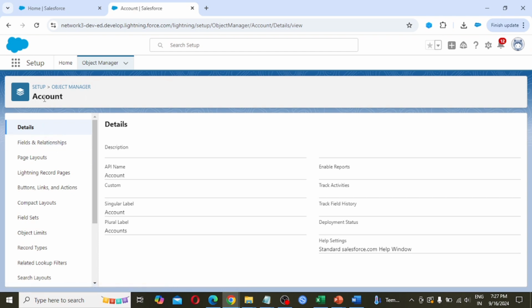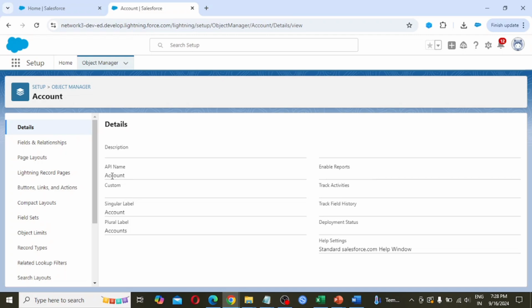So account is a standard object created by Salesforce and given to us. What all the details are we seeing here? At the left panel we are seeing the details of this object, account. Here in the details, in the middle section we are seeing the description. There is no description for account. API name, account.